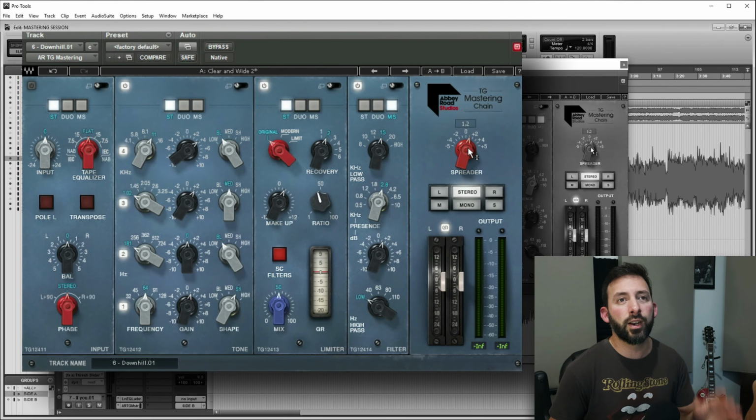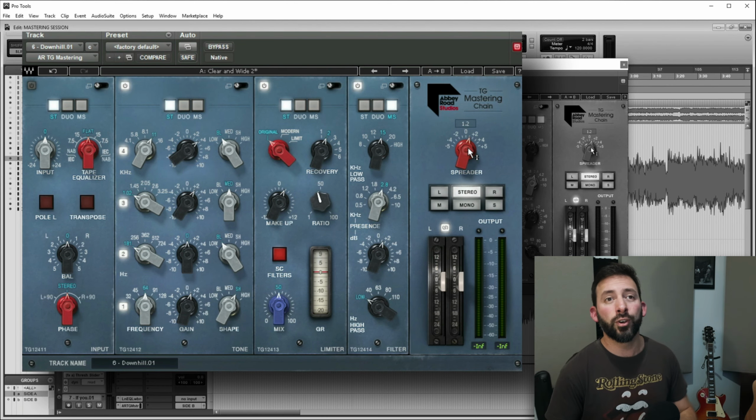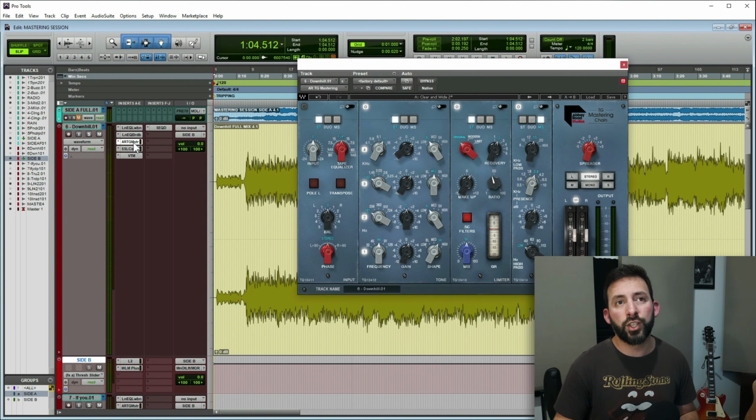But if you put that in mono, a lot of the things that are on the left and the right are going to disappear. So use it with caution, okay? Don't overdo it. For example, you can see here I'm doing 1.2. But yeah, that's the DG Mastering Chain from Abbey Road.